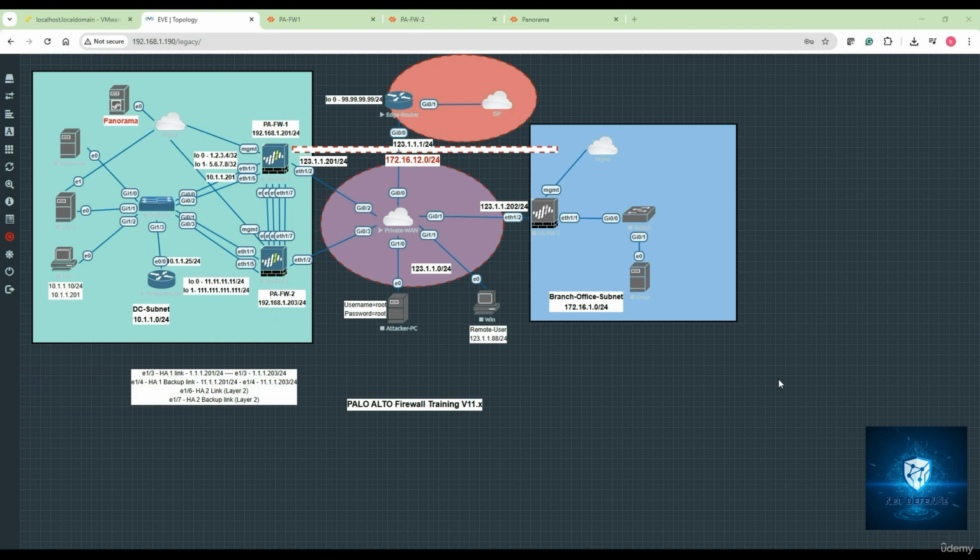In this section, we'll discuss the Panorama general settings. We have this Panorama running on your ESXi host as a virtual machine, and it is going to manage a couple of firewalls. We will be adding those firewalls as managed devices into this Panorama, but before that, we will perform some general settings on this Panorama